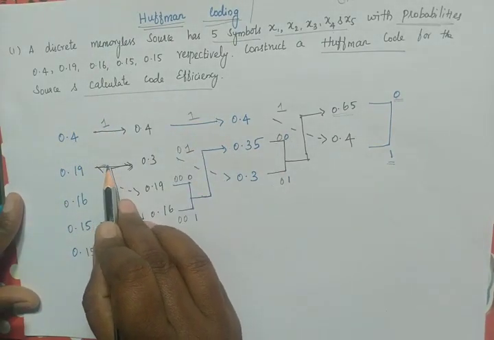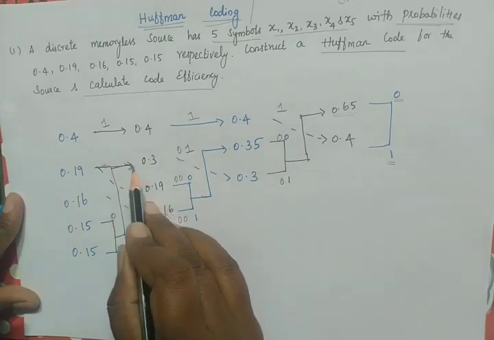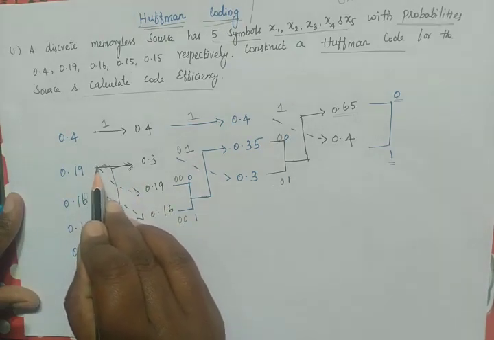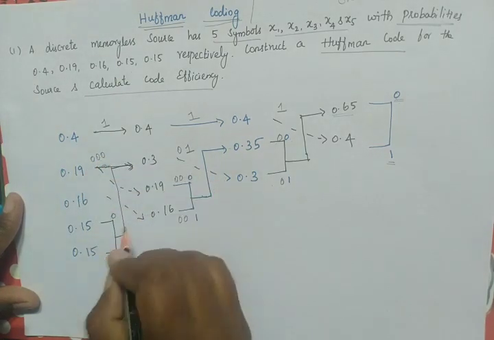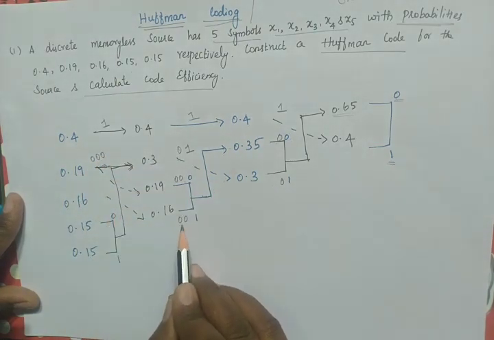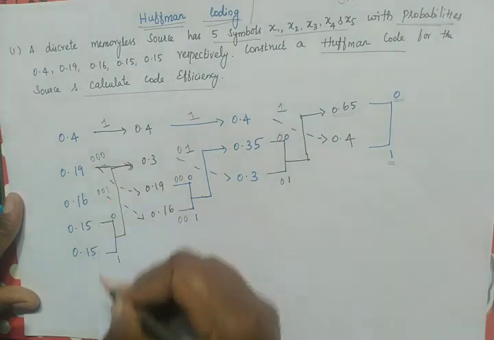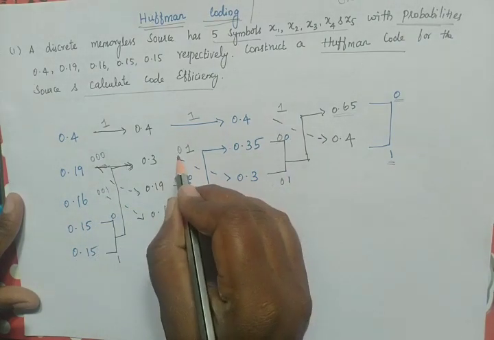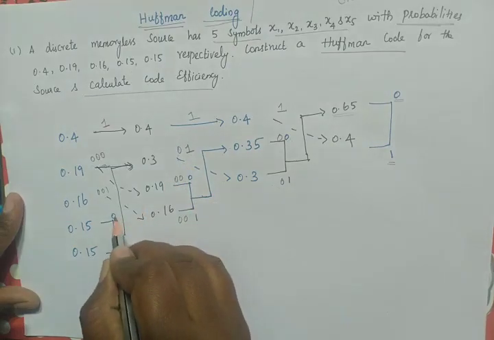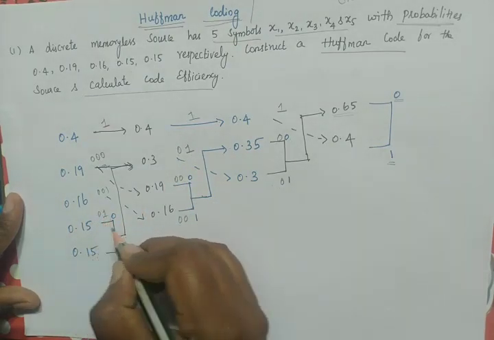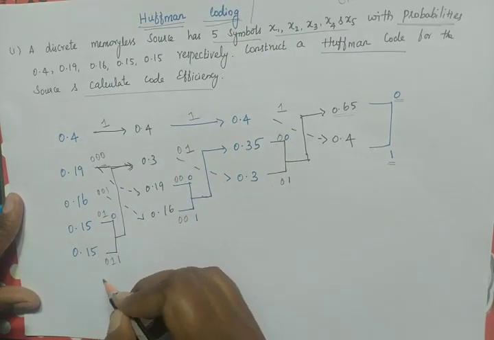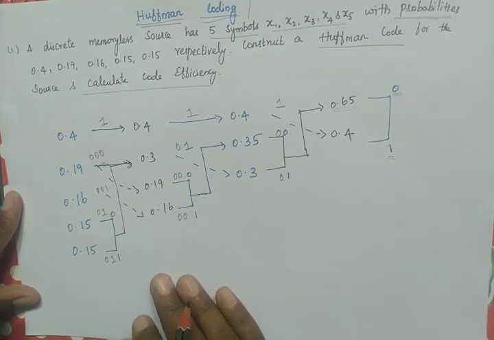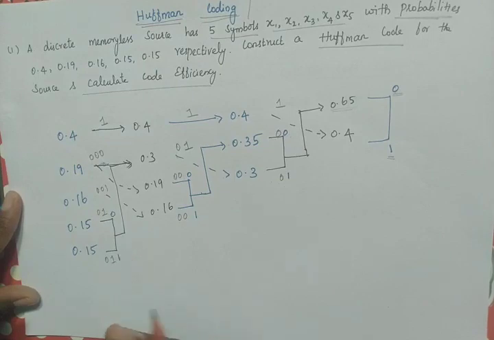Now here, actually this is not, check here. Here we have an arrow mark, 0.19, 0.19. So it is 0, 0, 0, 0, 0, 0. And now check this arrow mark, it is 0, 0, 1, 0, 0, 1. And now check this arrow mark, the code word is 0, 1. So place this 0, 1 before this code word, that is 0, 1. While writing, you will get confused in this. You should not write after this number, because even though you will get the same length, the order changes.